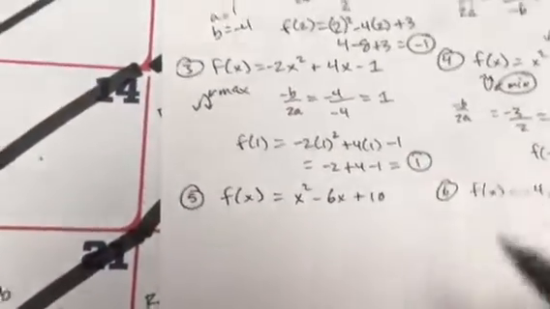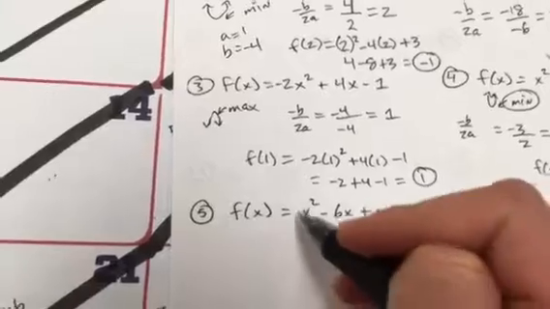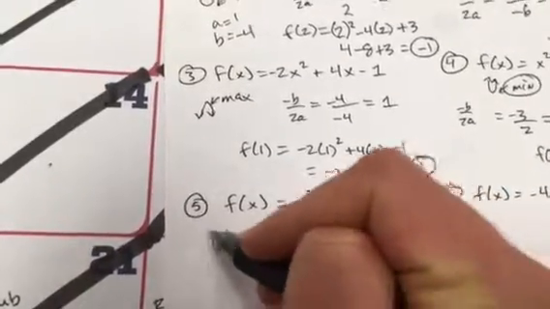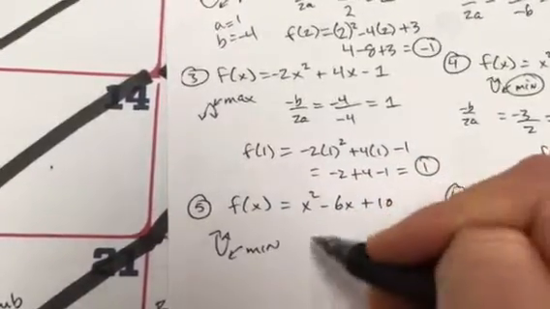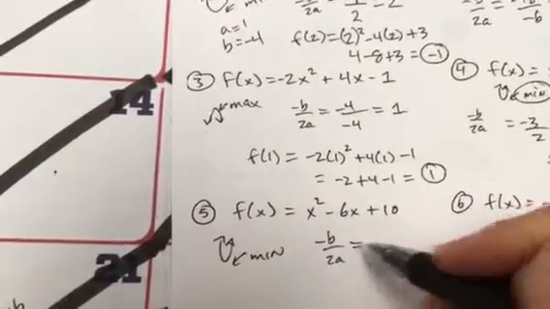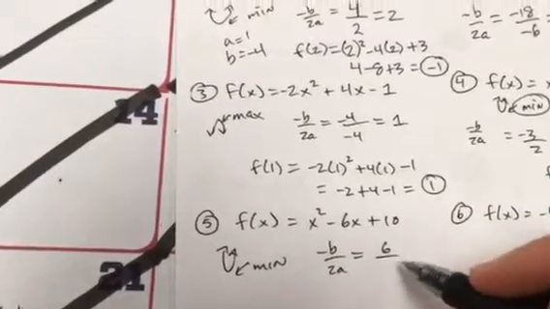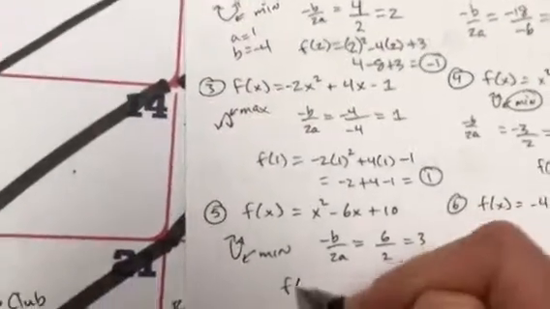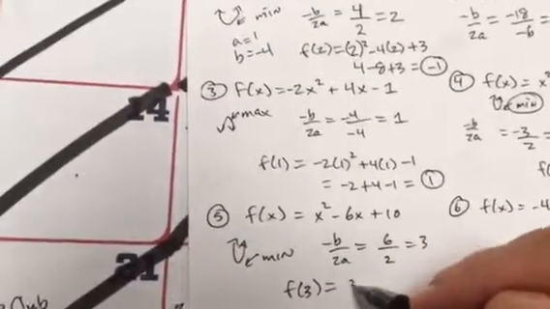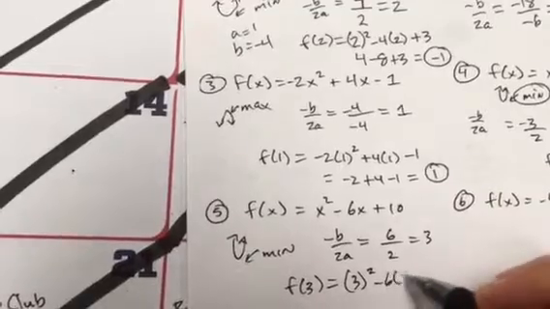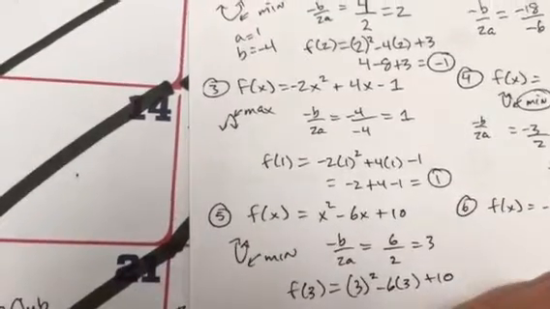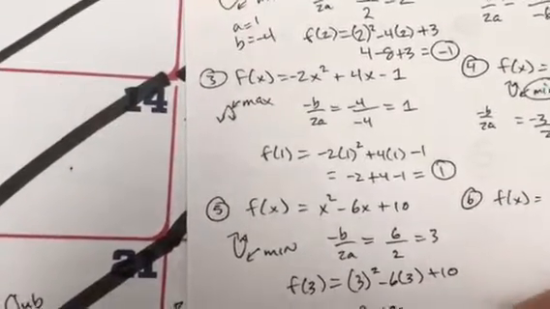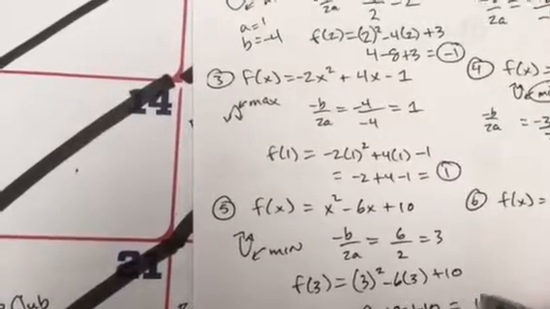4.75 right there. All right, here on number 5. Positive 1x squared, so it makes a u. A u has a minimum value. Negative b over 2a is going to be 6 over 2 times 1. Gives you 3. Take that 3 and plug it in. F of 3 is 3 squared minus 6 times 3 plus 10. 9 minus 18 plus 10 is